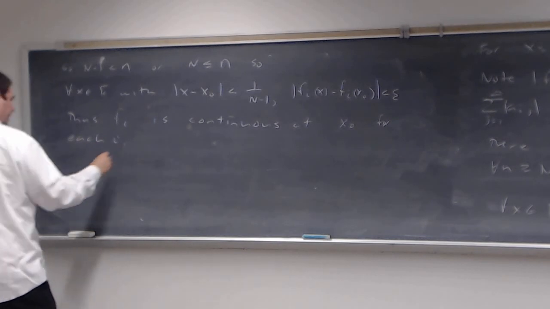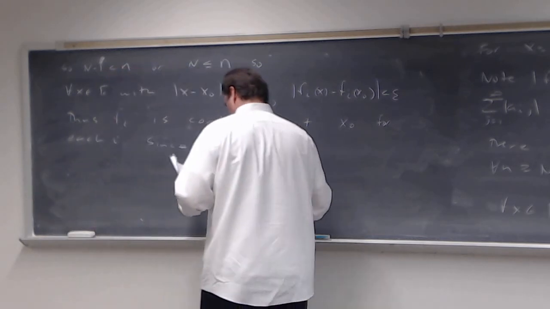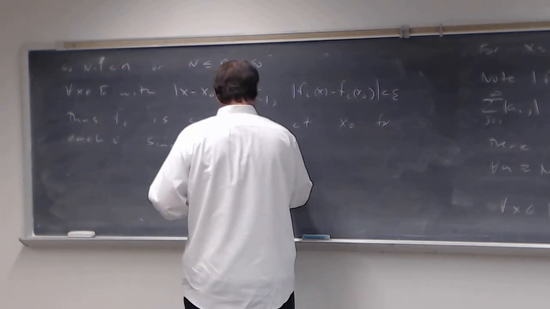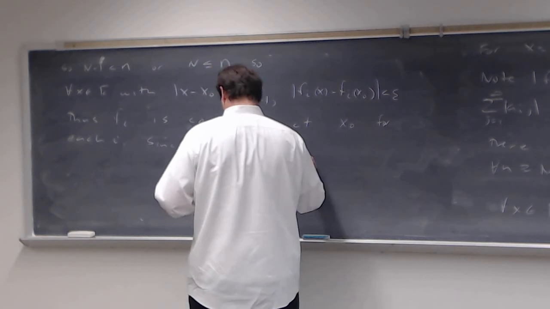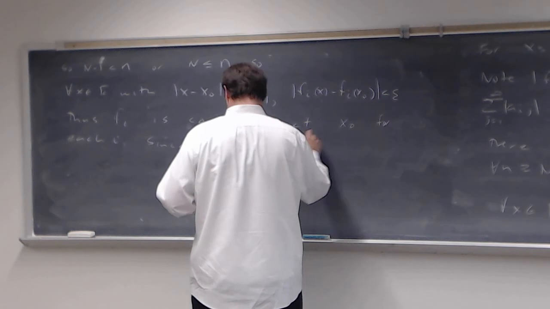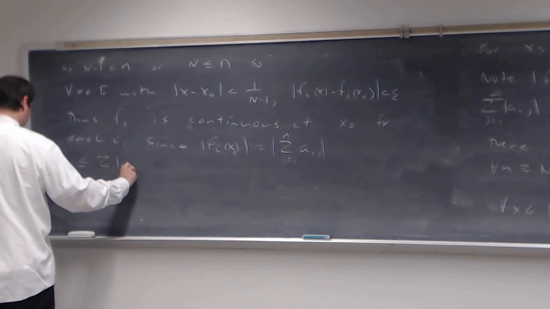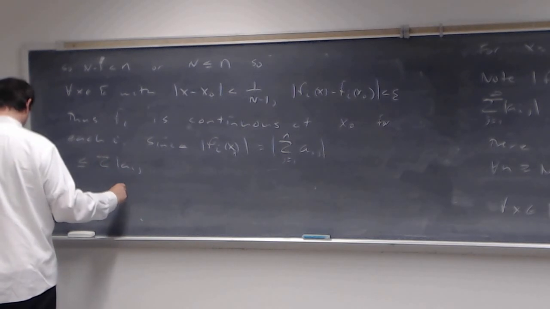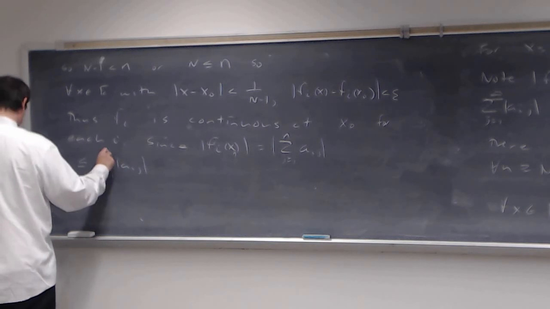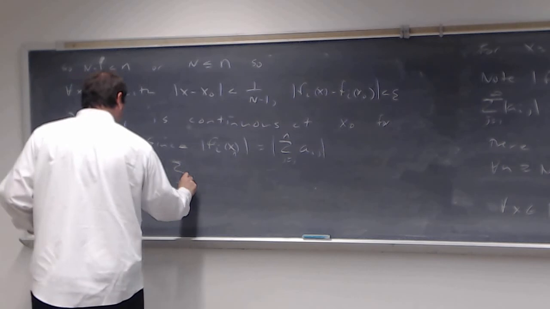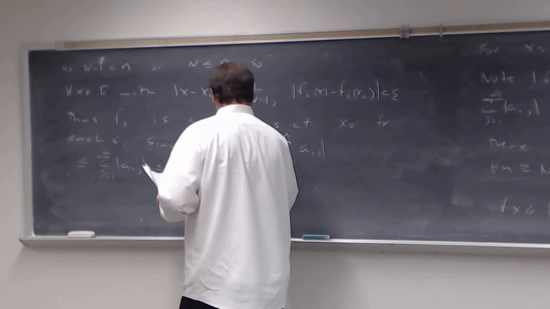Okay, all right, now, since the absolute value of f sub i of x is equal to the absolute value of the sum as j runs from 1 to n of a sub ij, which is less than or equal to the sum of the absolute values of a sub ij as j runs from 1 to n, which is less than or equal to the sum as j runs from 1 to infinity of the absolute values of the a sub ij's, which we know is equal to the b sub i, for x different than x naught,